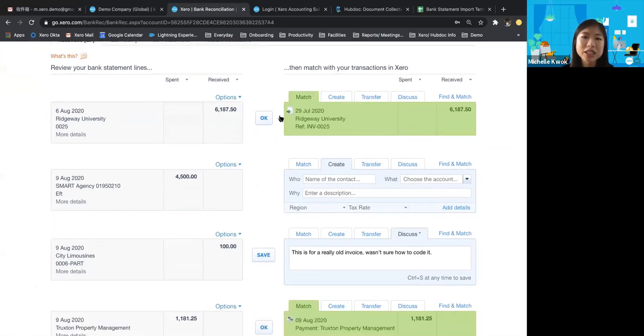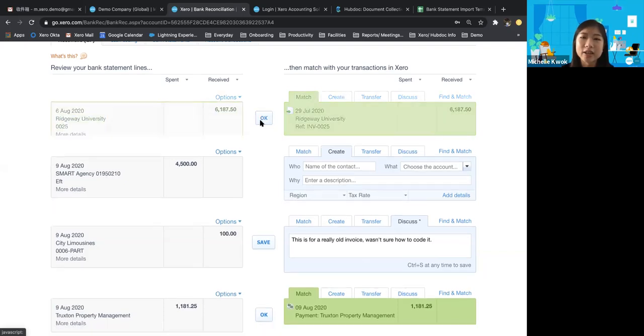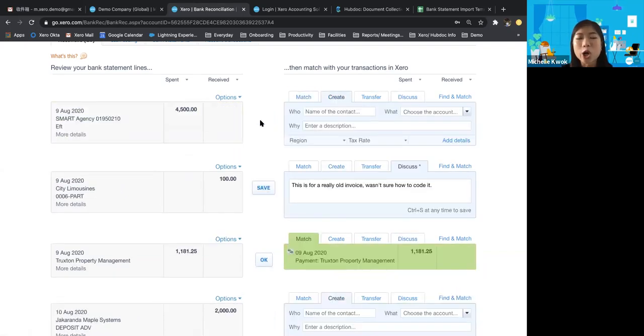So as you can see, some of them are green in color. Essentially, if it's green, it means that it is a direct match. And what it means is that the system has identified the name is a match, Ridgeway University, the amount 6,187.5, as well as the reference number sometimes. So once you click OK, you're essentially approving this bank reconciliation, and behind that, a double entry will be automatically